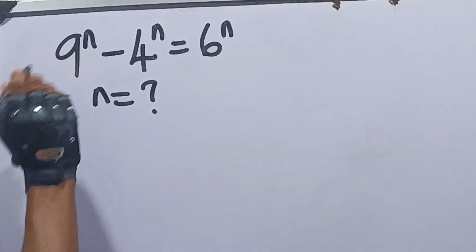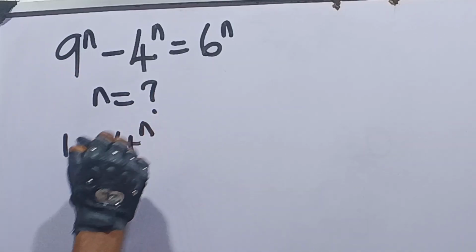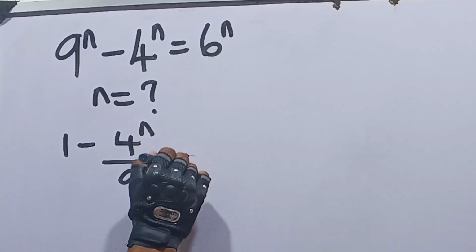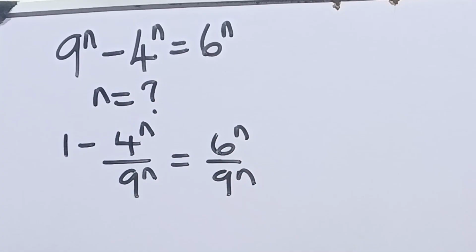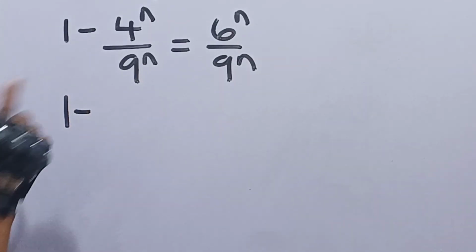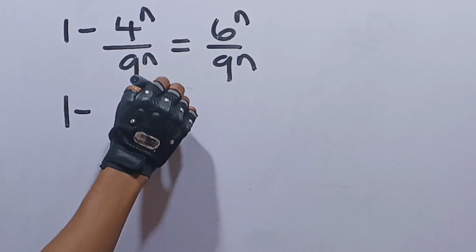So we have 9 raised to power n divided by 9 raised to power n is 1, minus 4 raised to power n divided by 9 raised to power n, is equal to 6 raised to power n divided by 9 raised to power n. Now from here, you can say that 4 is 2 squared, so we have 2 squared raised to the power of n